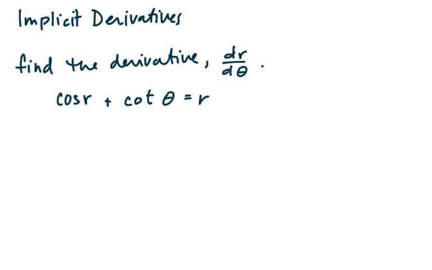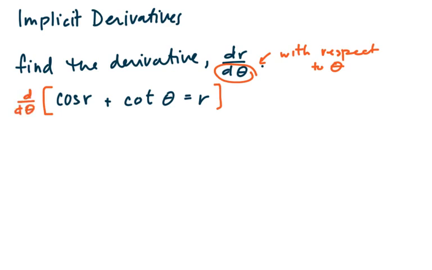Hello again. We're going to do some more implicit derivative practice. So here we're asked to find the derivative with respect to theta. That's important to pay attention to because that says with respect to the variable theta. So when I differentiate this function, cosine r plus cotangent theta equals r, I'm going to differentiate with